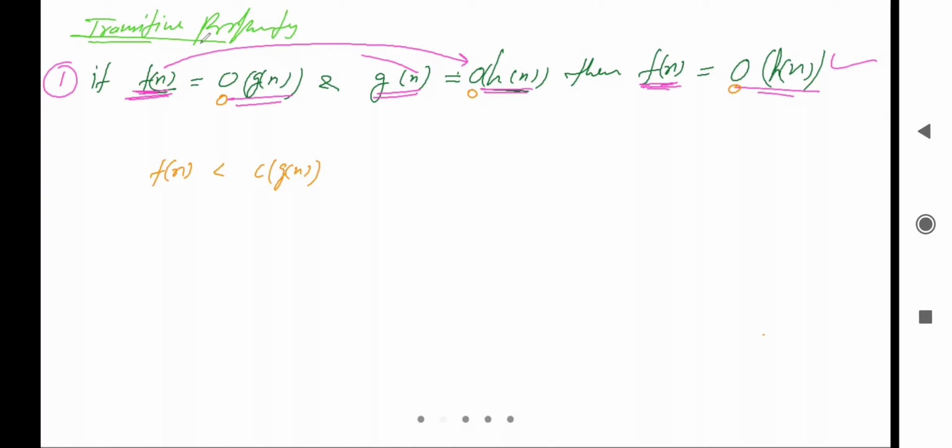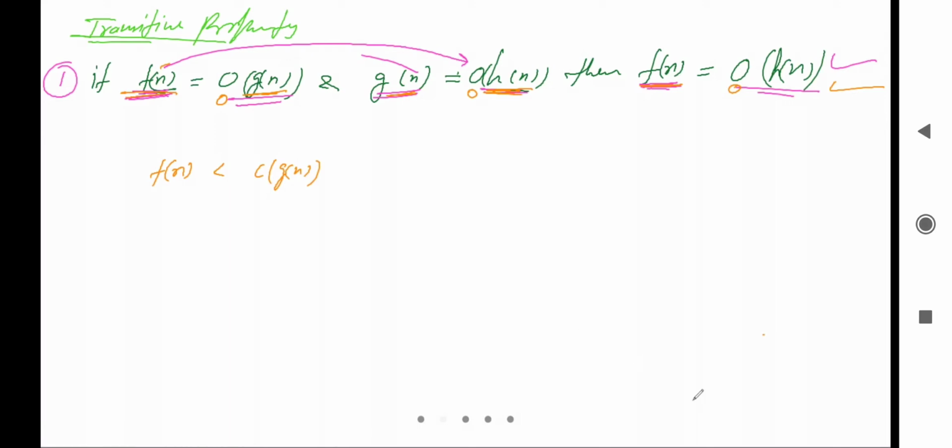Here if f of n equal to small o of g of n, it means g of n is greater, and after that g of n equal to small o of h of n, it means h of n is greater. इसका मतलब ये हुआ कि यहाँ पे सबसे बड़ा h of n हो गया, तो f of n से भी तो बड़ा ही होगा ना h of n. इसका मतलब f of n इक्वल टू स्मॉल o of h of n. Here also it is satisfying, right? तो स्मॉल o के केस में भी ये ट्रांजिटिव प्रॉपर्टी को सेटिस्फाई करेगा।